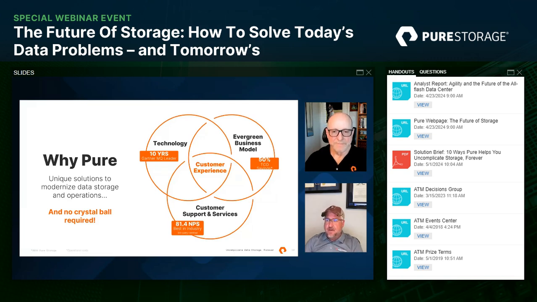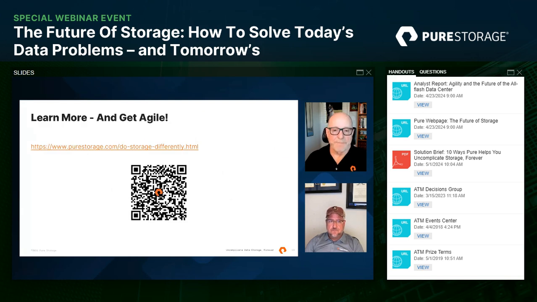It complements the hardware with the software and makes the software just as important in the financial model as the hardware itself. Exactly. And it's all of it combined that really focuses in on the best possible customer experience.